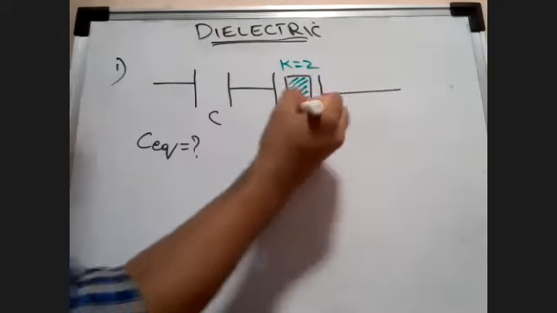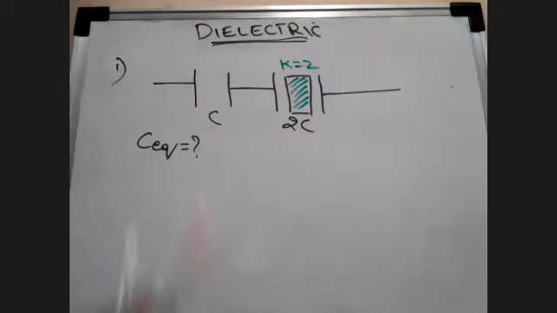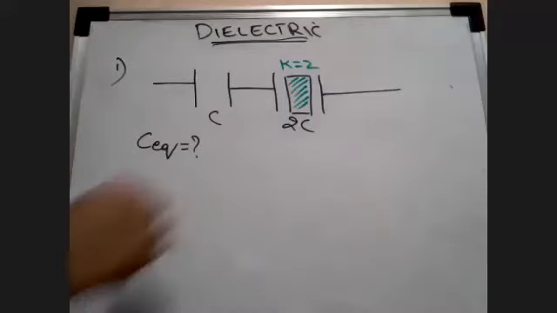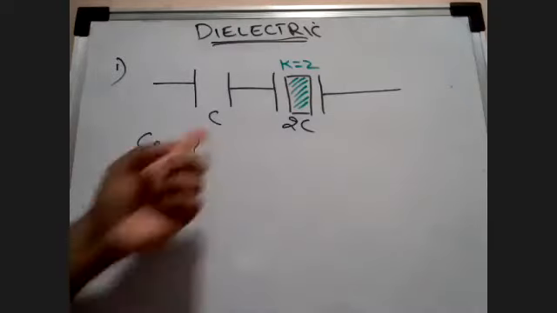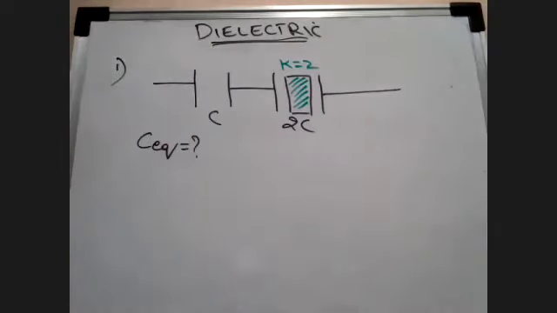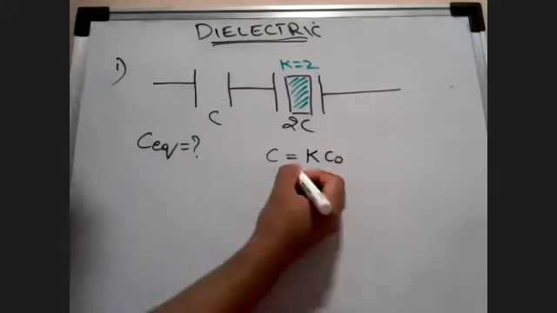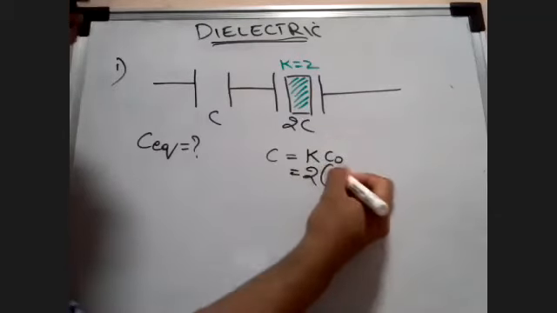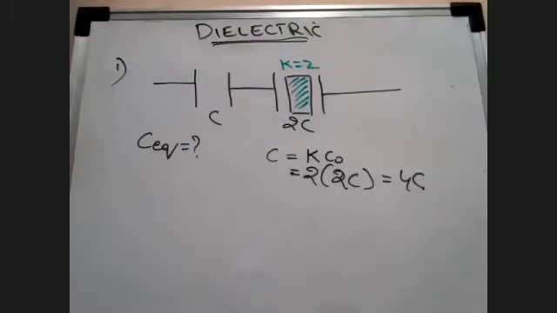This is a dielectric medium, K is equal to 2. Capacitance is 2C. This is C. Tell me what is C equivalent? 4C upon 5. Wrong answer. Try, no problem. Look here. I know that the capacitance of this is basically C. I don't need to touch this. But for a dielectric medium, C is K times the original C naught. What is K over here? 2. And C naught over here is 2C. So I know it is 4C.